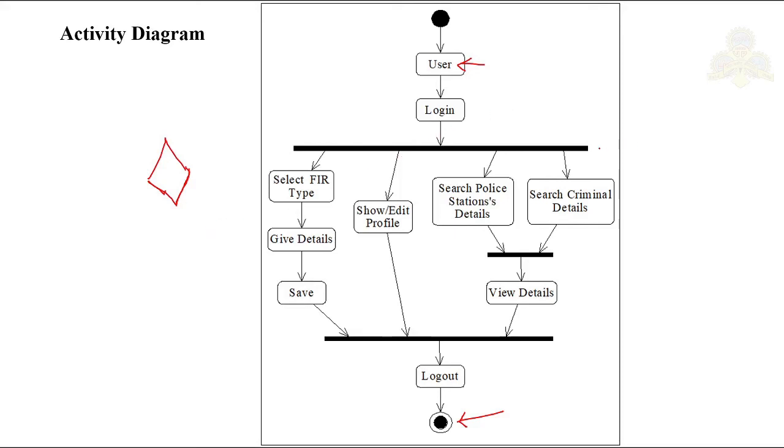Then after that we have fork. Fork is nothing but this one, where a single control comes in and we have multiple or concurrent actions or flows going out. We call them a fork. It is used to support the concurrent activities. Next we have join, wherein multiple control flows would come together and it will result in an activity. So these are used to support the concurrent activities converging into one. These are the basic notations you should understand while drawing an activity diagram.